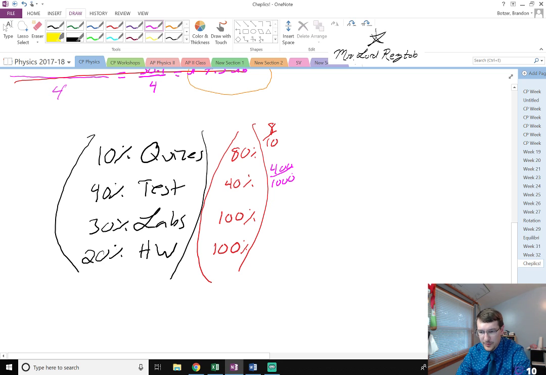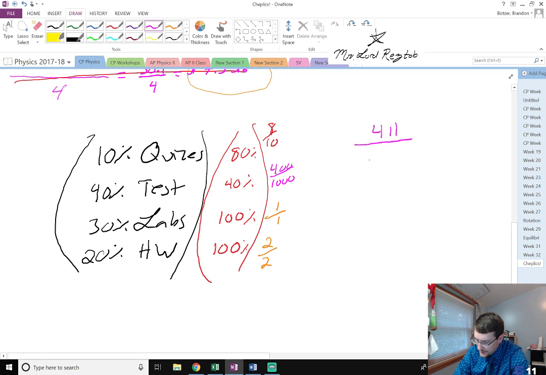That's still only 40%, but it's many, many more points. For the labs, maybe it was like 1 out of 1. You did one thing and it was all you needed. And the homework, you did 2 out of 2. If you kind of look at this here, it may look like your grade would only be